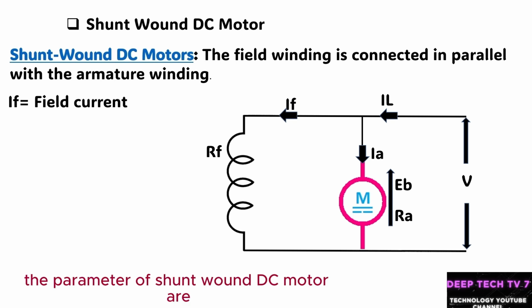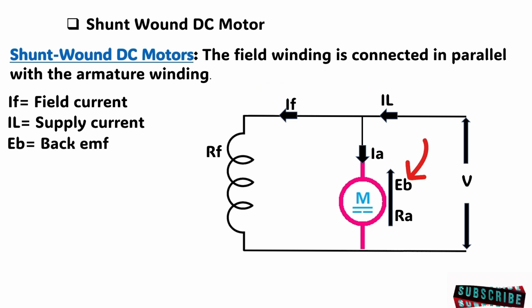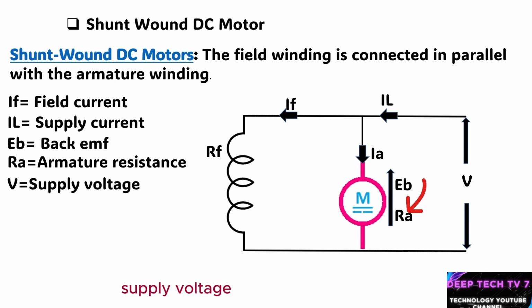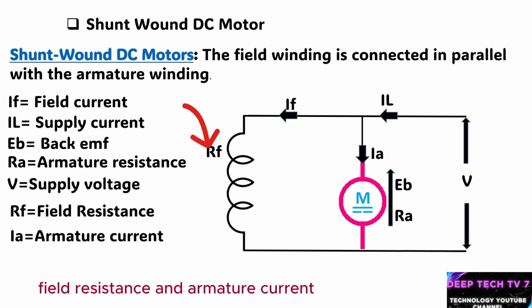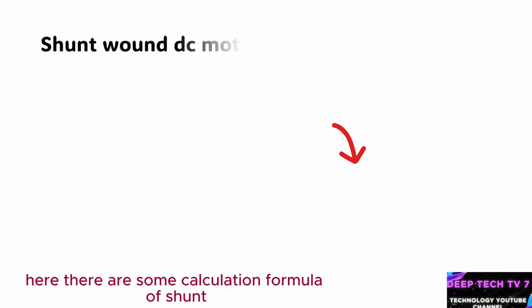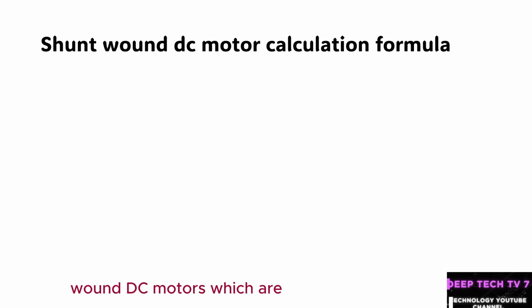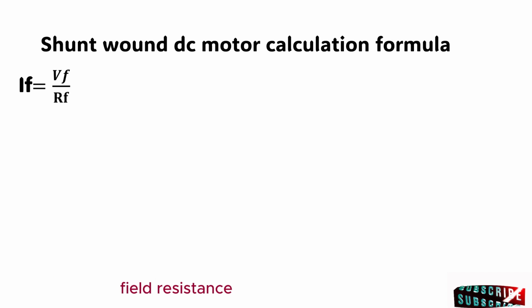The parameters of shunt wound DC motor are field current, supply current, back EMF, armature resistance, supply voltage, field resistance, and armature current. Here are some calculation formulas of shunt wound DC motors, which are: field current equals the field voltage over field resistance,